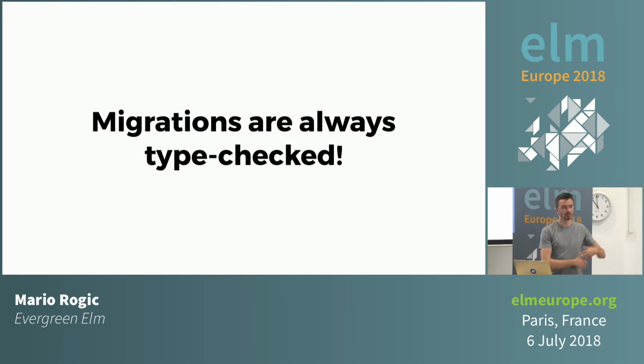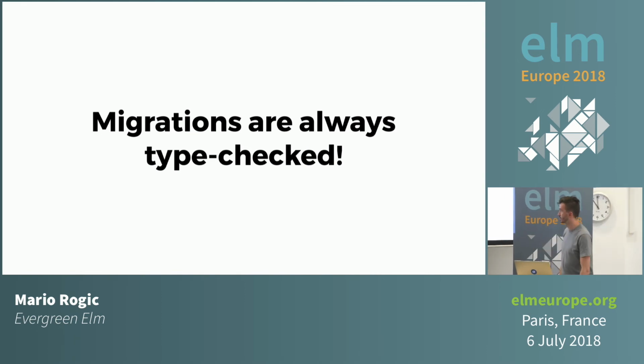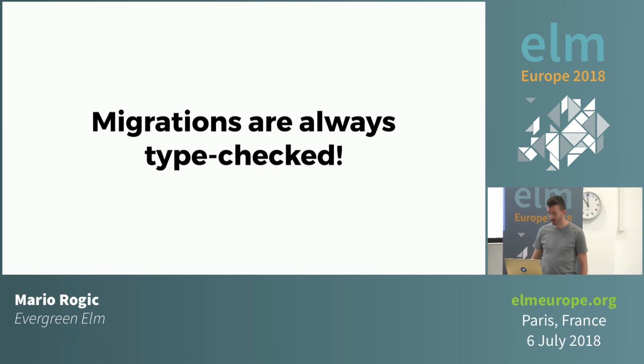So kind of for free, we get Elm's guarantees across the whole system, which means you can use any code from your normal application, and then at some point, if you remove that code and your application breaks, you'll know exactly where it's breaking and why, and you make a choice. Do you move that code into the migration or keep it somewhere else? So I thought that was really, really nice for a problem that I've seen before with this.